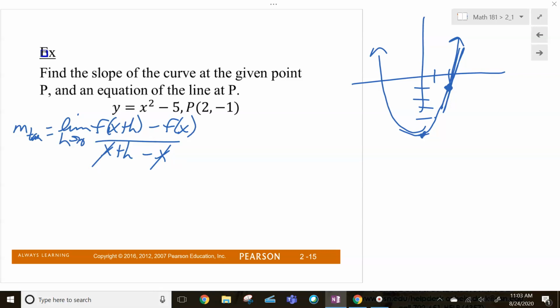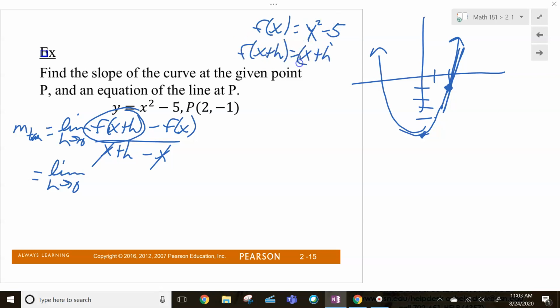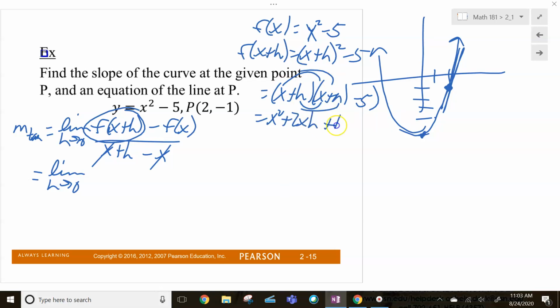So what I need to do first is find f of x plus h. Now we know f of x, or y, is x squared minus 5. So f of x plus h would be x plus h squared minus 5. In other words, x squared, rather than just doing the old FOIL thing, plus xh plus hx, so I got two of those xh's, plus an h squared, and then minus 5. So that goes right here, x squared plus 2xh